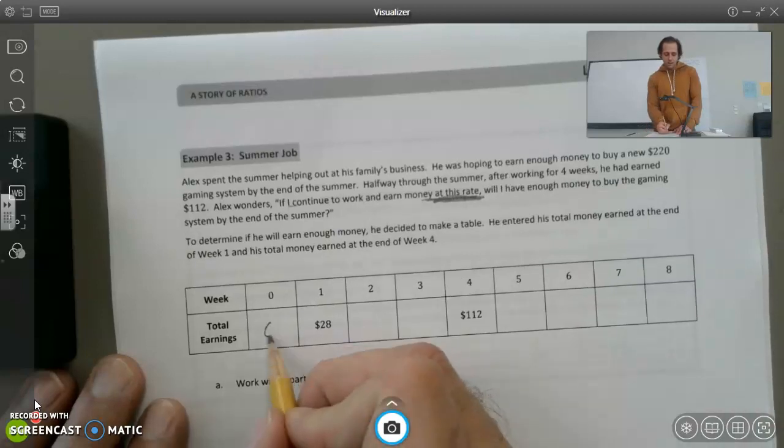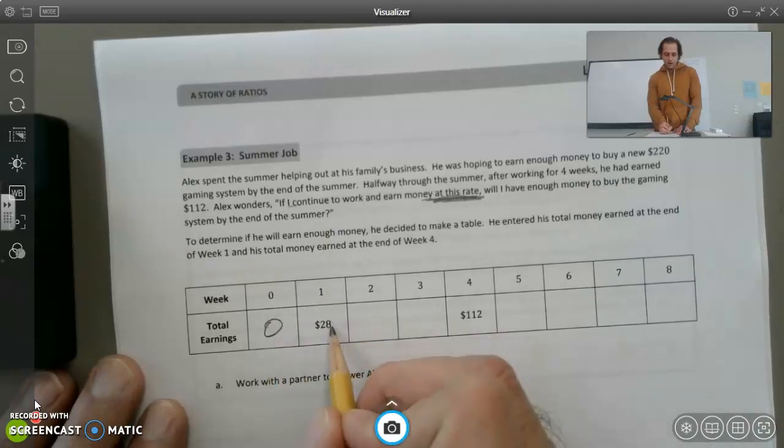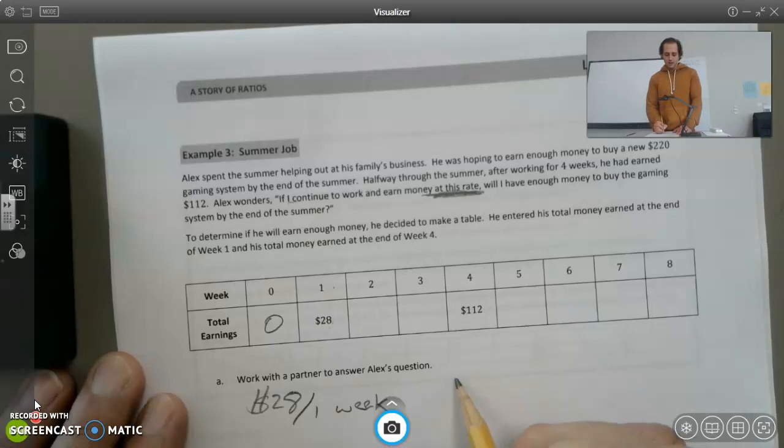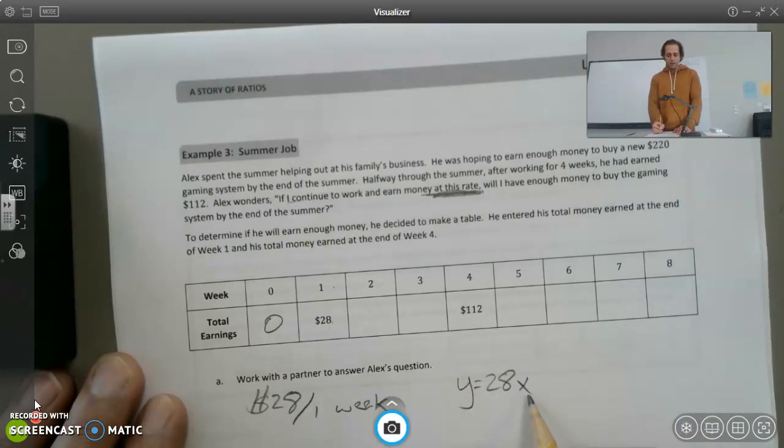So let's look. Here is his rate. Every week he earns $28. So I would say $28 per 1 week, right? So I could make this relationship Y equals 28X, and I could plug in my number of weeks and find my total earnings. So 2